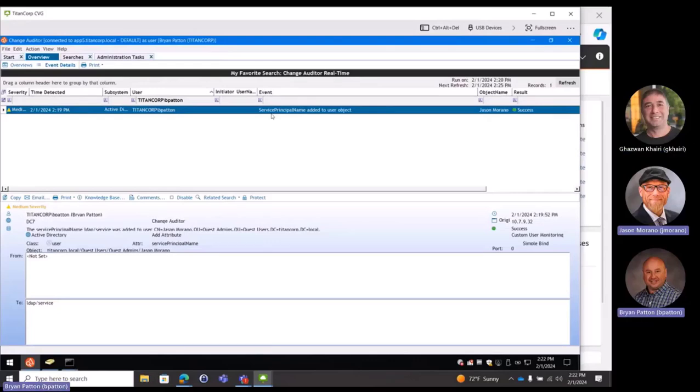Right. So prior to that, we would have had to manually add it as an attribute to be able to collect. Yeah. And you just think about this too. This is where you could even put a control in place with Change Auditor, where to add a service principal name attribute, you could just protect that attribute on some of these different things. But then people have to go through a certain process to be able to do that, maybe from only a single machine or things of that nature, right? You can get a little bit more granular with the capabilities that exist here.